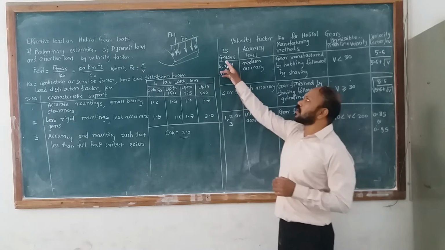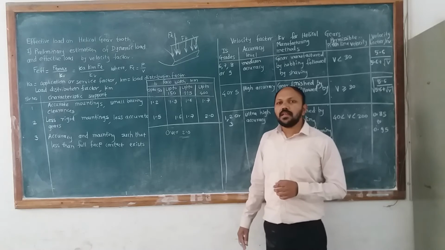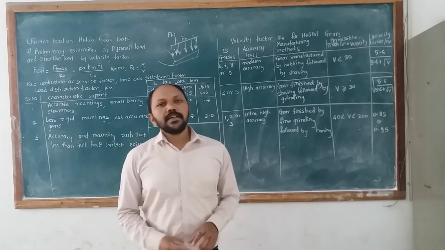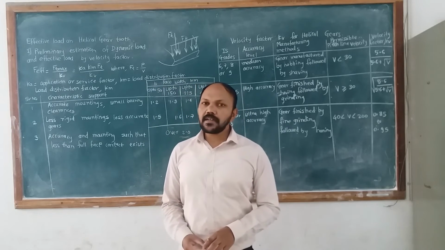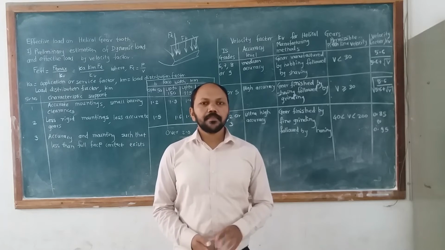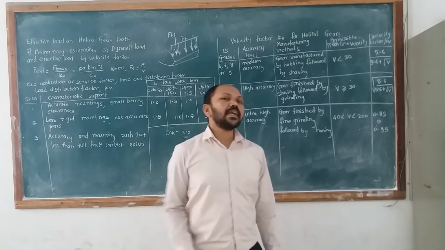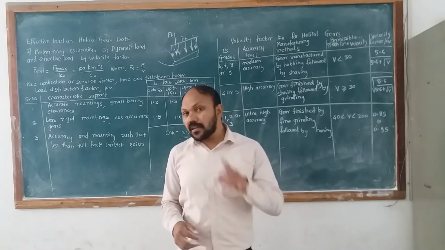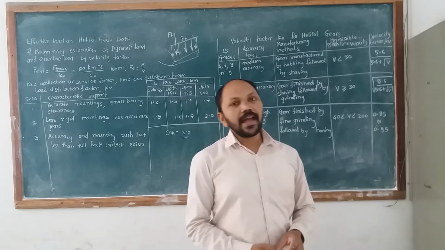That formula depends on which type of IS gear grade is available. We know that in our first chapter we already discussed that 12 different gear grades are available. If the number is greater, then that gear is less accurate. If the gear grade number is less, then that gear is accurate or ultra high accuracy. If gear grade number is 1, then that type of gear is called ultra high accuracy gear.